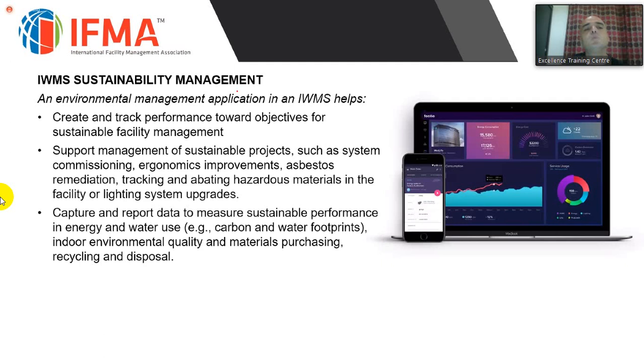So we can create and track performance towards objectives for sustainable facility management. We are able to support management of sustainable projects such as commissioning, ergonomics improvement, asbestos remediation, and so on. We're able to capture and report data to measure sustainable performance. So the first level, let's say, when we mentioned regarding the energy optimization, if I have an automated system which is already managing it, I'm able to know if I am on track in terms of operating my facility. Are my facilities efficient enough or not? Where are the areas where I can introduce